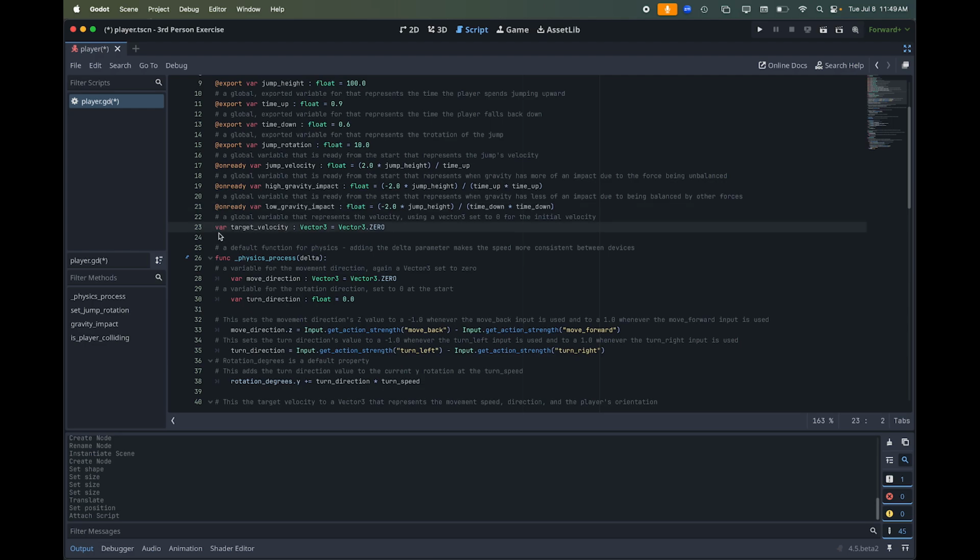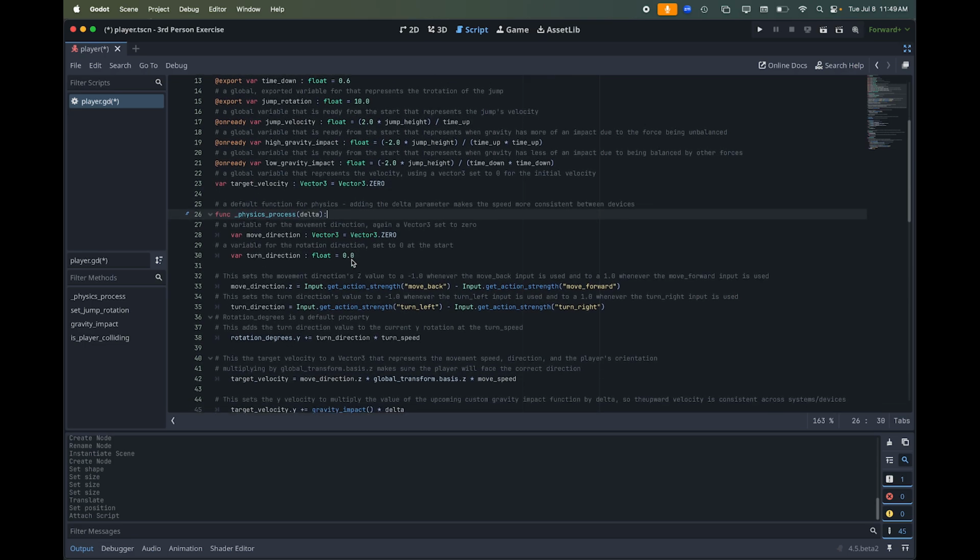And our last variable is just a global variable. It's not onready, it's not exported, but it's available for everything. It's a vector 3, and this is just set to 0. All right, next up we have our